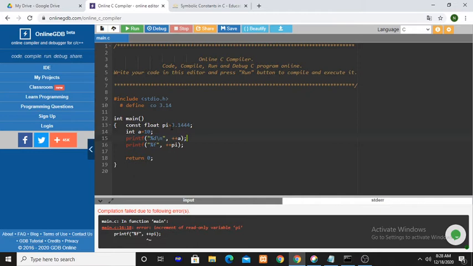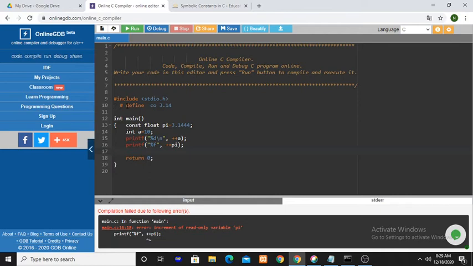We cannot change the value of pi. We can just read it, that's why we cannot modify it. So the variable a, we can read and also we can update, we can write. But pi is a constant, we can just read this variable, we cannot modify it. That is the error you are getting.